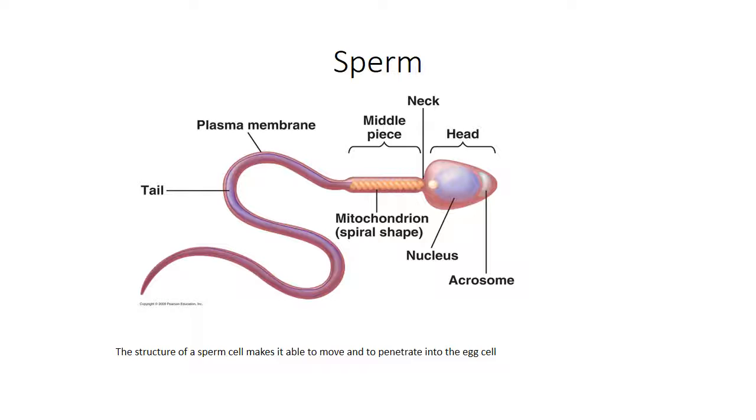motile. This is an enlarged picture of a sperm. See, it has a head, a neck, a middle piece which is packed with mitochondria. Look at this. Why is that? Why so many mitochondria? Because, again, the sperm needs to move. It needs to swim. It swims by rotating its tail, kind of like a propeller in